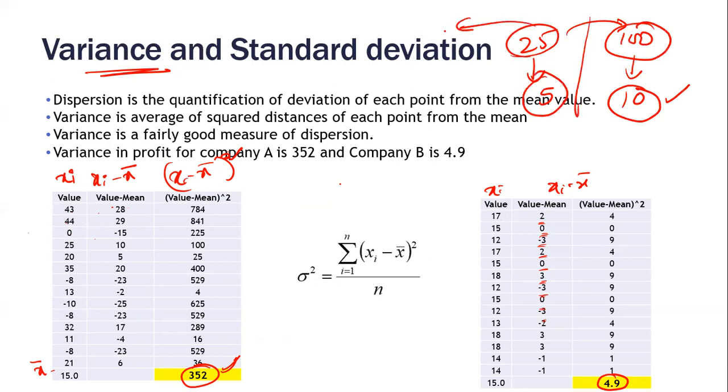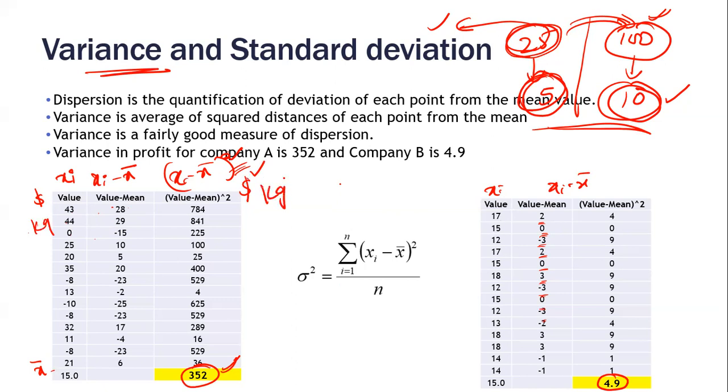That means if variance is low, we will say consistent. If variance is high, we will say inconsistent. You can make the same conclusion by looking at standard deviation also. But the only difference is, with variance we have to be careful. It is a squared measure. Let's say if the units are in dollars, the variance unit, strictly speaking, is dollar square. If the units are in kgs, variance will be kg square. Sometimes we are not comfortable giving these kinds of units, then we can talk in terms of standard deviation. Otherwise, analysis wise, inference wise, final result wise, they both tell us the same story.